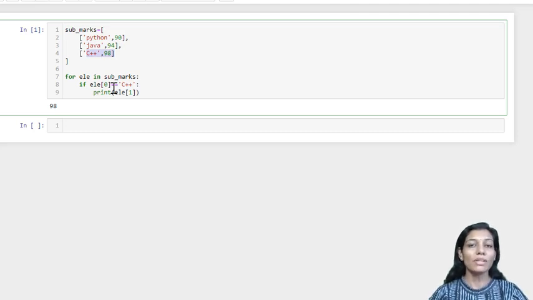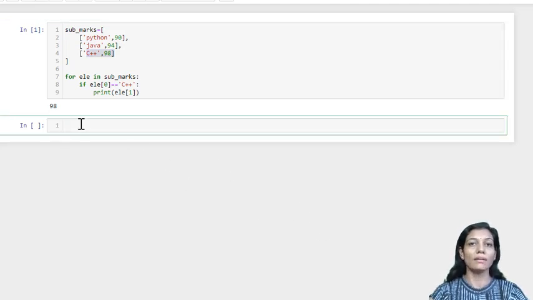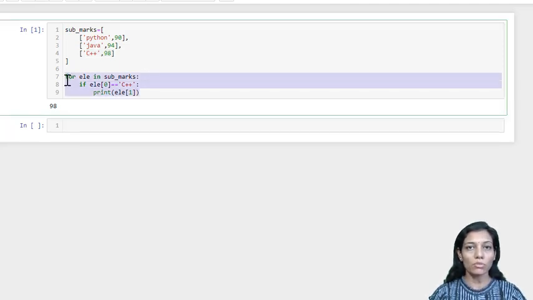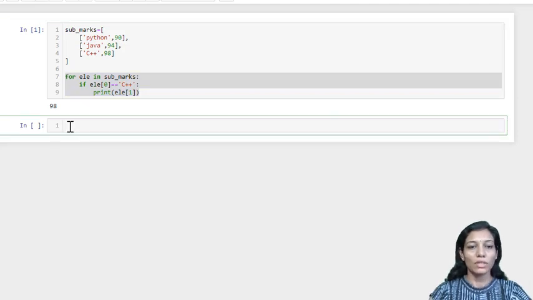But suppose we are having a very long list. Suppose 1000 elements are stored and the element which you are interested in is located at 800. So minimum 800 times you need to iterate over, and only then you will be able to get your results. So this will take a longer amount of time if your list is very large. In Python, we do have a dictionary which does the searching in constant amount of time, that is order of 1, while in this case we'll be requiring linear amount of time, that is order of n. So let us implement the same problem with the help of a dictionary.